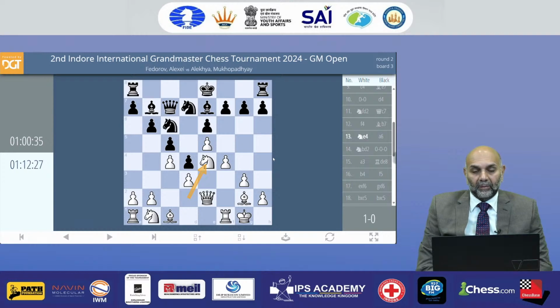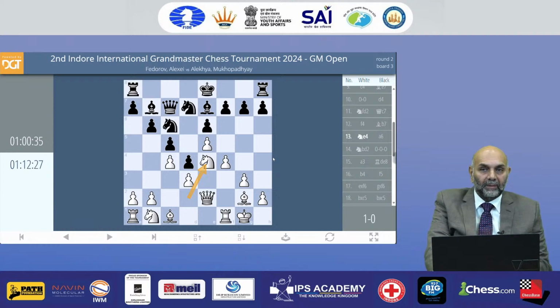But because black doesn't have a pawn on f5, white already has a square in the 4th rank, while black's pieces are in the 2nd and 3rd rank. An indication of something having gone wrong for black. Your opponent has a safe square in the 4th rank, and you don't have a safe square for a piece in the 4th rank yourself. So, some slight disadvantage. A move which intends a queenside break is not strategically accurate.